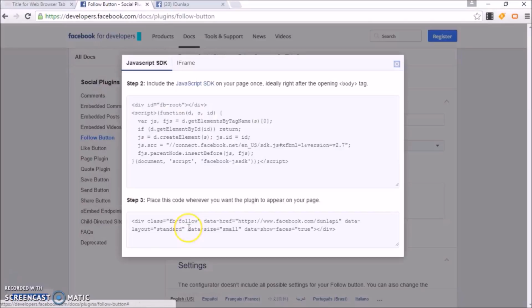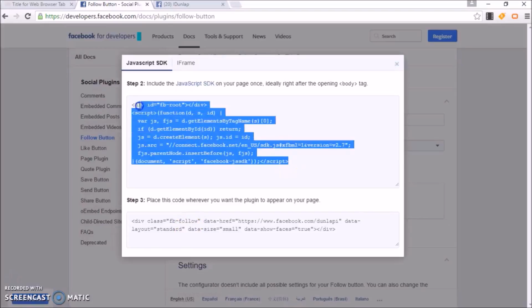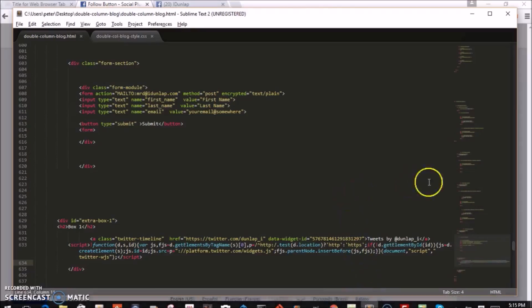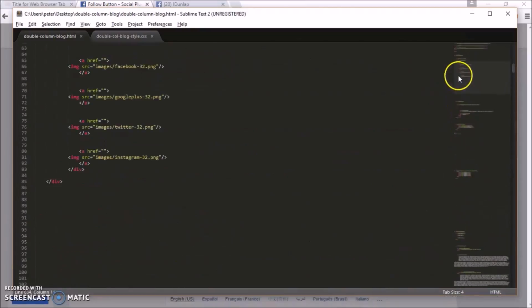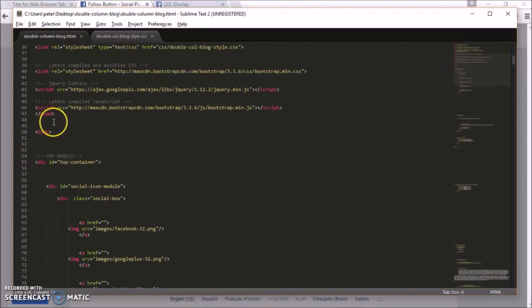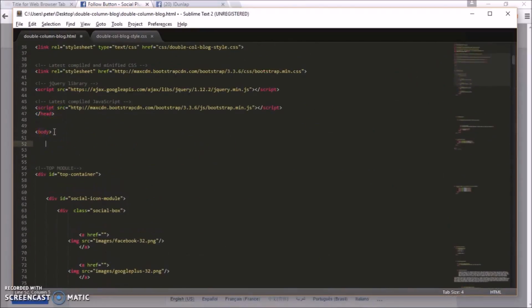So now I'm going to get the code. Now there's two ways of doing it. This way, if you use this, you can just include this JavaScript SDK, which is this code, on your page once. Ideally, right after the opening body. So I'm going to go ahead and try that. So right after the opening body tag. So you scroll up to the top and right here, right at the beginning,